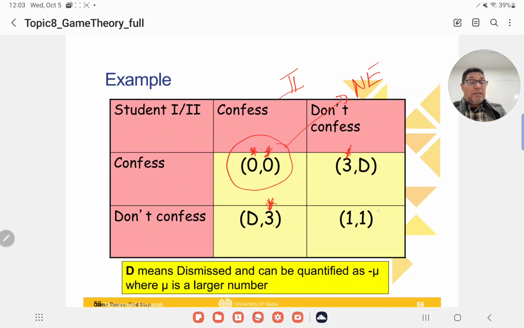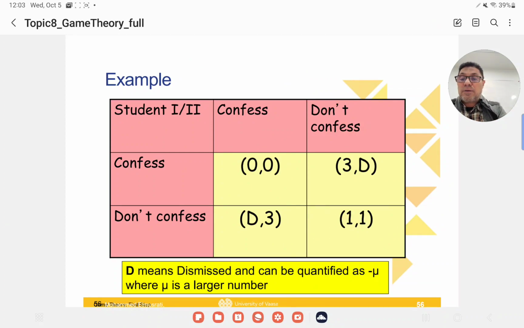Okay, of course 1, as I said, is better than 0. But even in this case, this one is more efficient, more optimal, but it is not a stable solution. It is not stable because any of them could do better by deviating from it. And remember what I mentioned before, and this is very important for Nash equilibrium and in game theory, that the utility function,